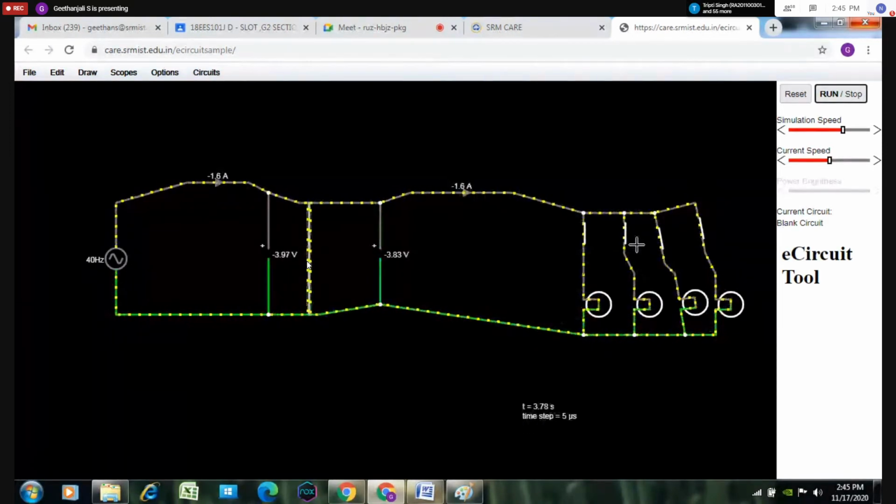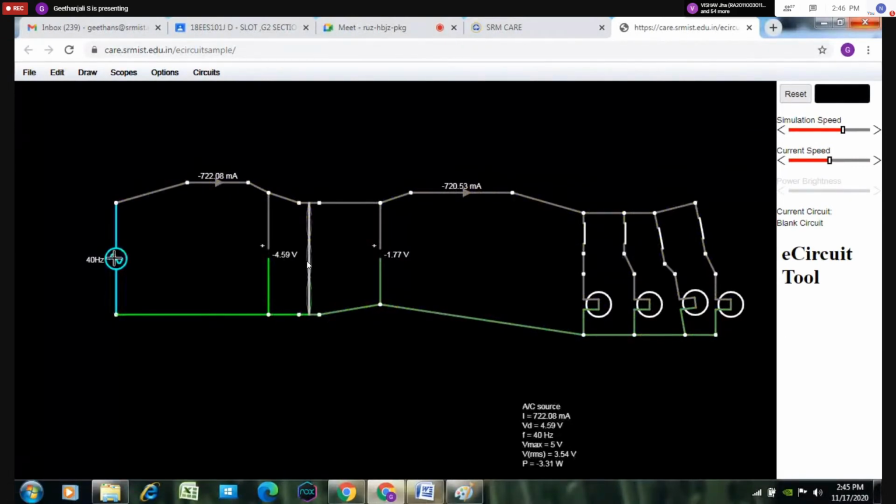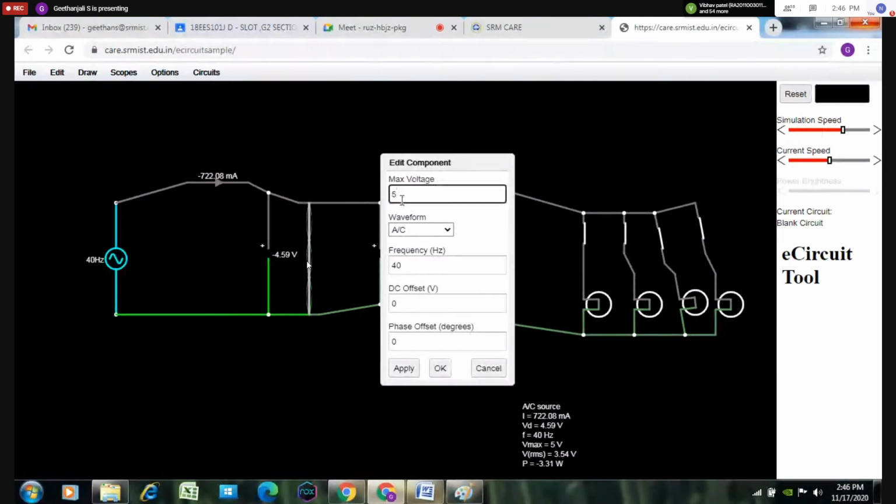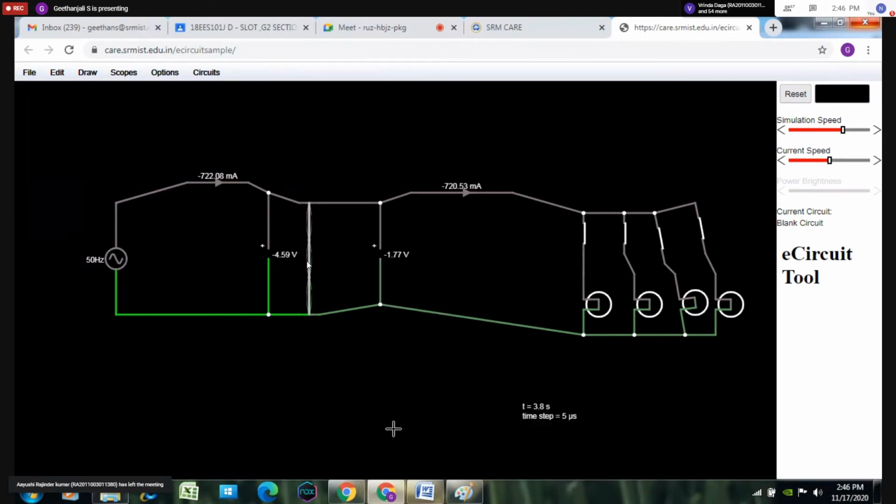So the circuit, everything is closed. The simulation gets started, right? Then next we have to change the ratings. First double click. What supply are we giving? 230 volts, and the frequency is 50 hertz. Then next, the ammeter, which measures current. This is the transformer. All of you see the diagram.